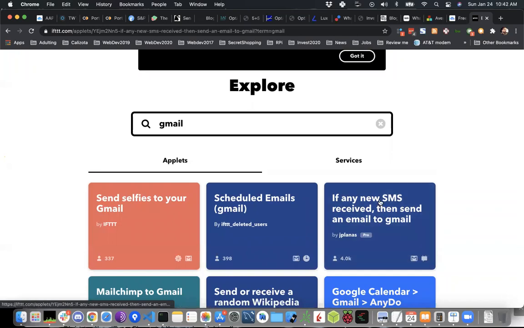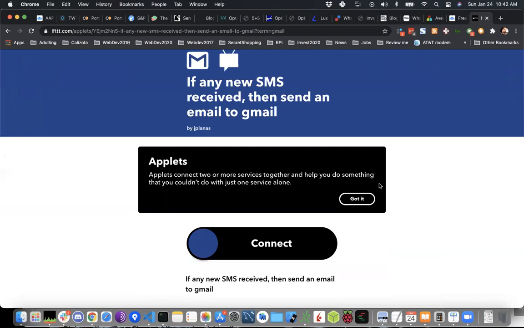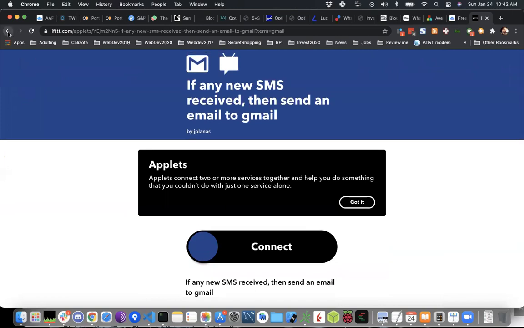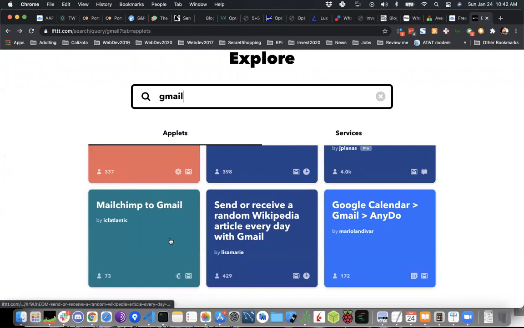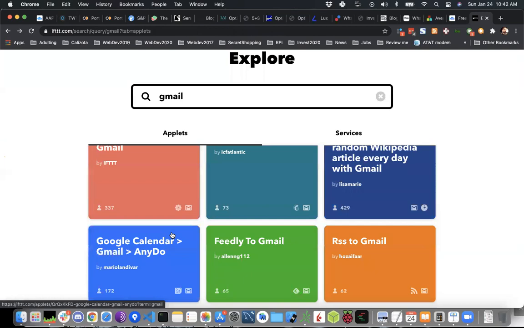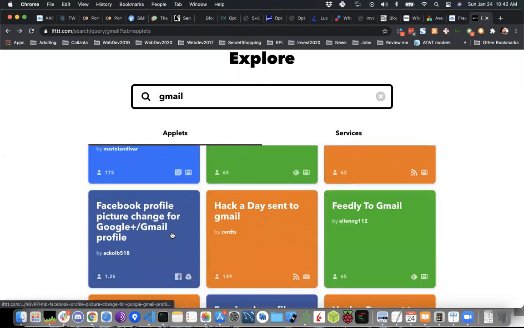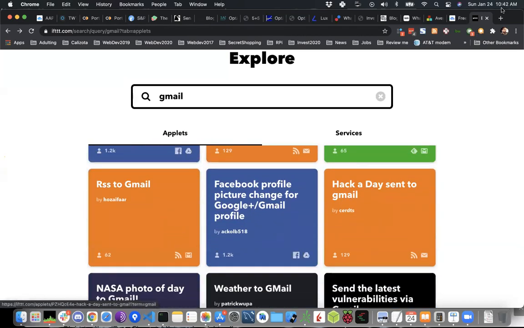And you can use this: if any new SMS is received, then send an email to Gmail. And there's also another one where, if you receive a Gmail, you can then receive an SMS, or you can send that signal to, say, a bot that will place a trade for you. So